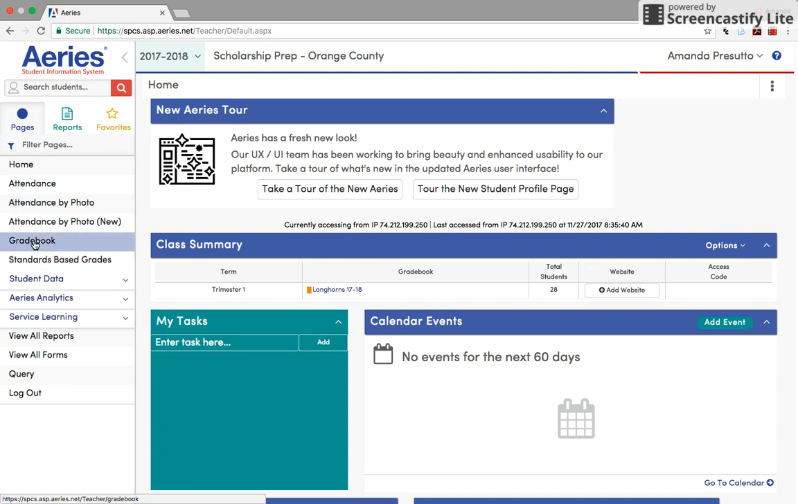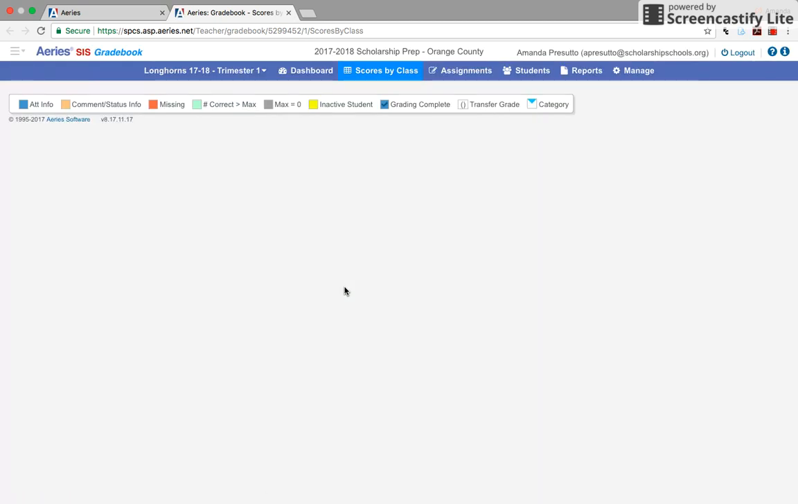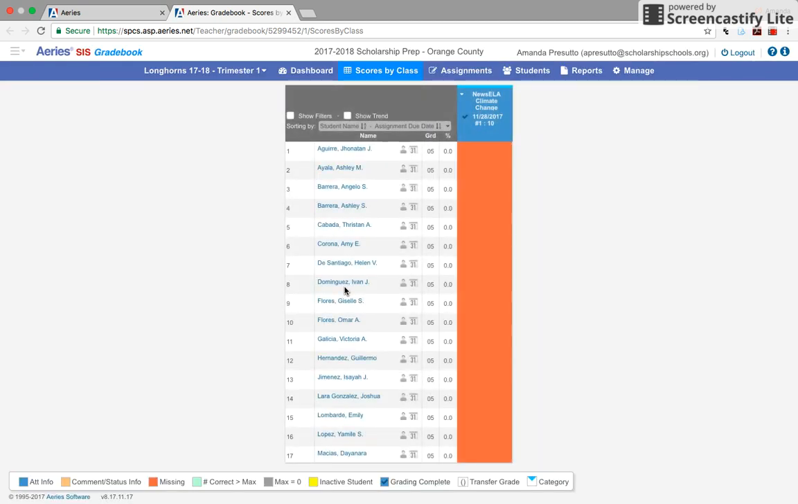If you go to Gradebook on the side, so you're just on pages when you log in, mine will look a little different, maybe not, because I have access to all the students, but maybe your students show up here. So you go to Gradebook, or you can hit the link right here. So this is actually your scores by class. I haven't really used it because I've been using an Excel spreadsheet, but I'm going to show you. If you go to Dashboard,